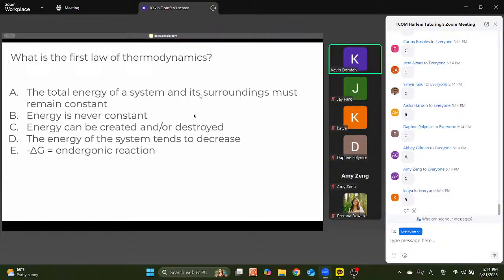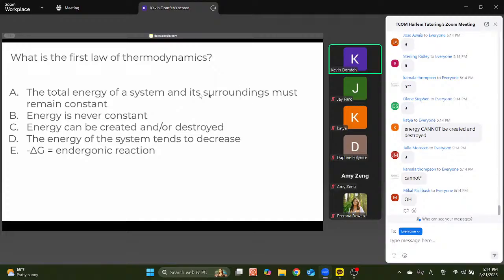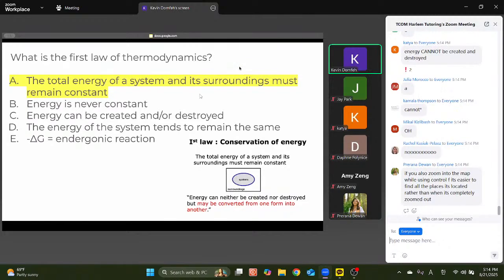I'm seeing a mix of C's and A's. Everyone look at what Joseph put in the chat. He said read C carefully. Okay, you see? Oh, never mind. I purposely did this just so that we can gauge how good the